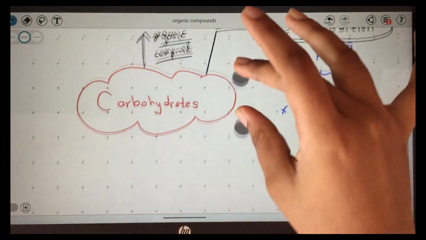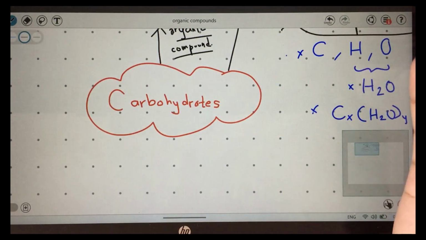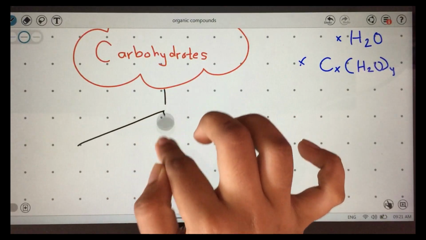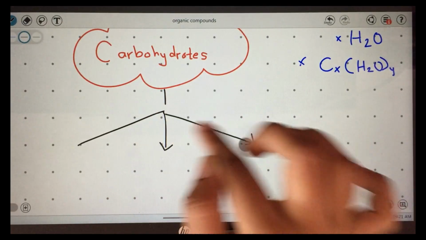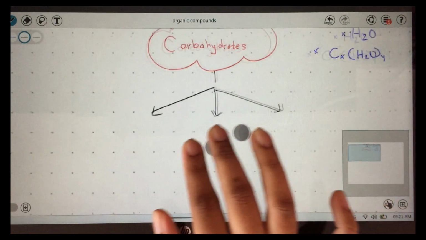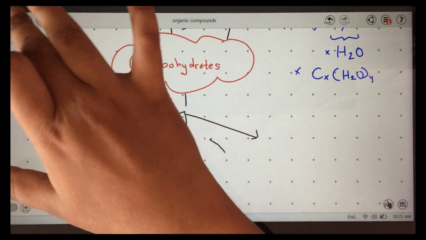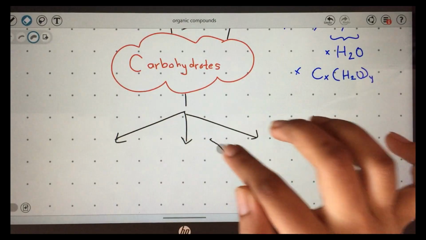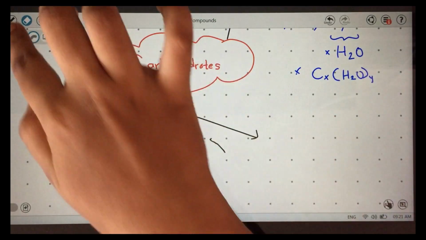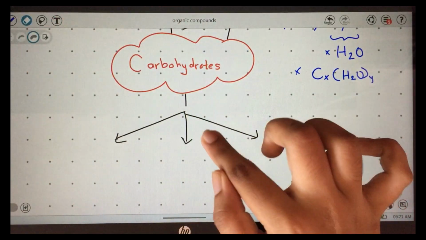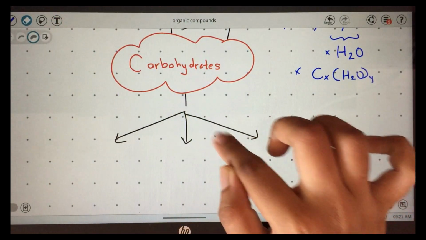And then we are going to speak about the three groups of carbohydrates. This is also something we learned in O levels, right? So it's not like everything is new in bio. You're learning something a bit more advanced than what you did in O levels. So don't get scared of the content, thinking this is a lot to remember. It's a bit more than what we have in O levels.